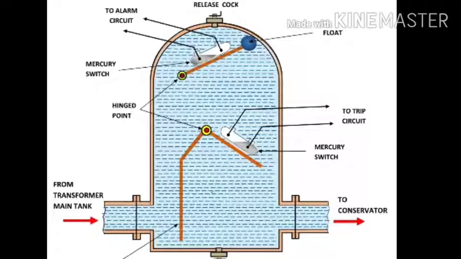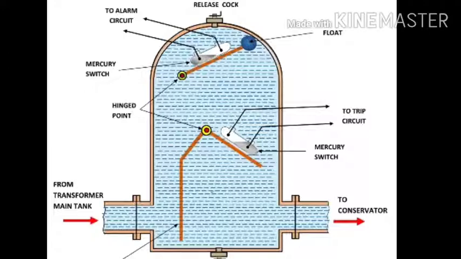The working principle of the Buchholz relay: whenever a fault occurs inside the transformer, such as insulation failure of the turns, breakdown of the core, or excessive core heating, the fault is accompanied by the production of excessive heat. This excessive heat decomposes the transformer insulation oil, which results in the production of gas. Mostly hydrogen gas is liberated, around 75%, and small amounts of ethane, methane, and acetylene are created.